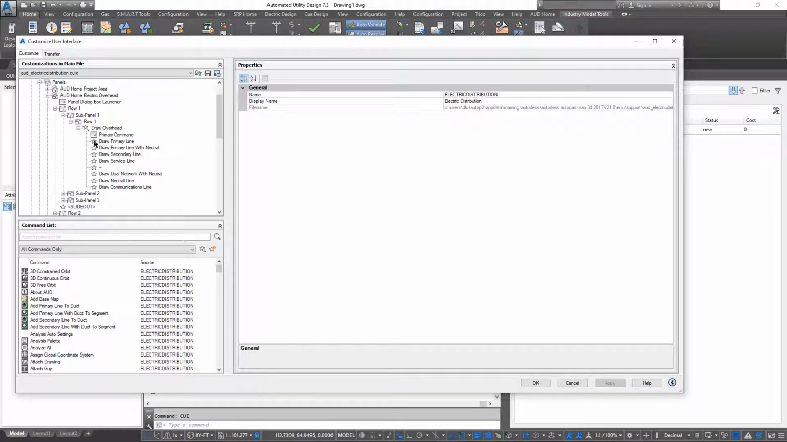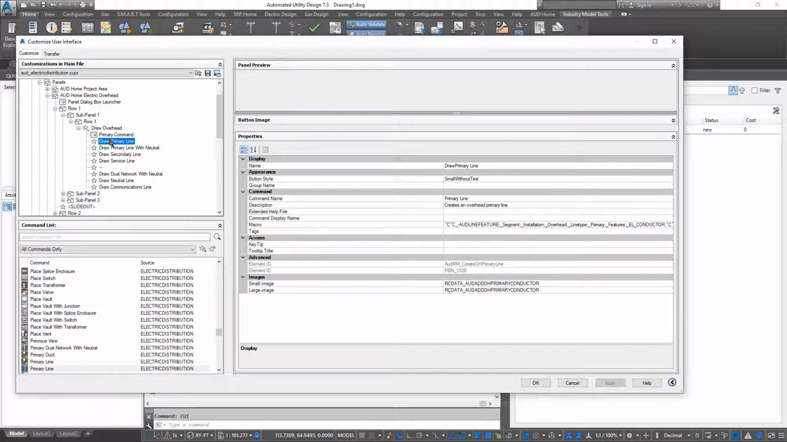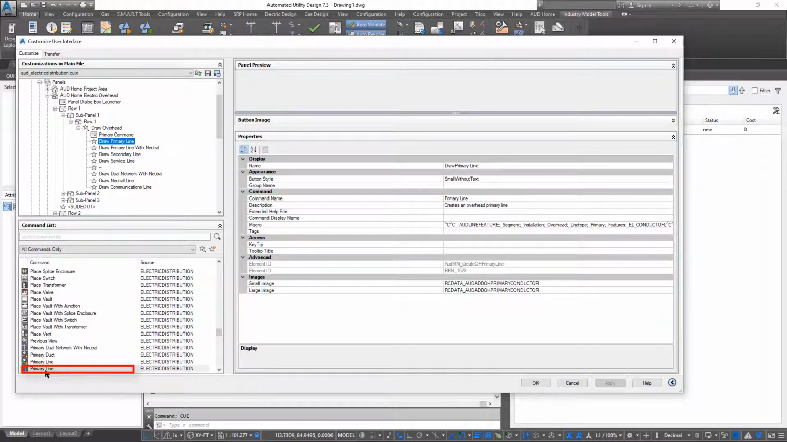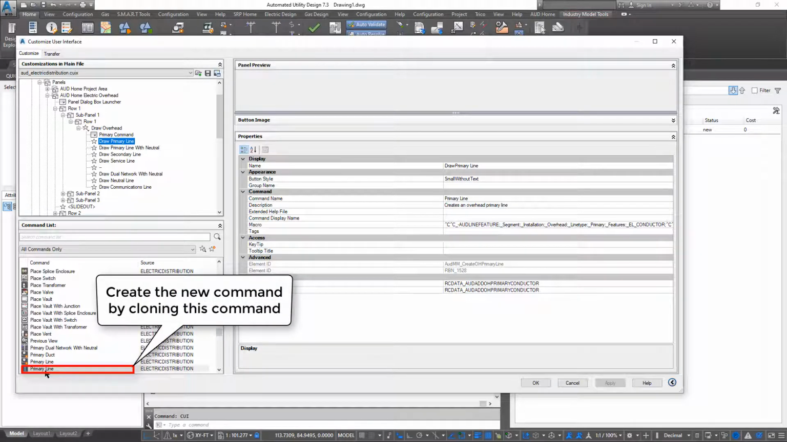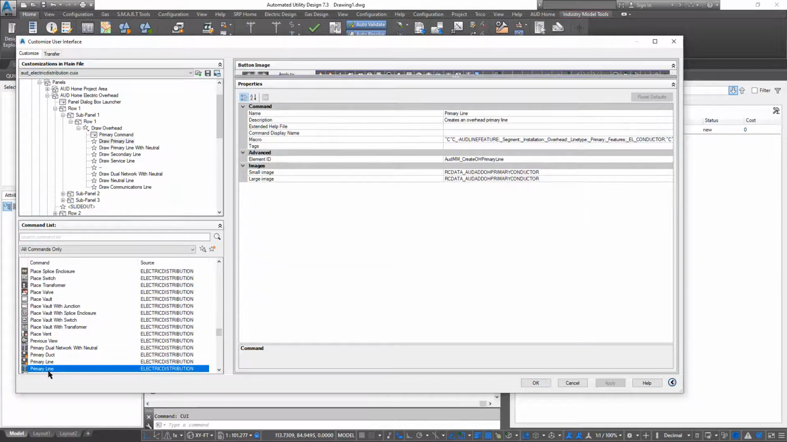First, I'll select the draw primary line command. You can see the details of the command off to the right, and you can see the actual command name down here in the lower left. And this is very important. I need to do this work using the selection in the lower left. I'll locate the primary line command in the command section here within the lower left of the COI editor, and